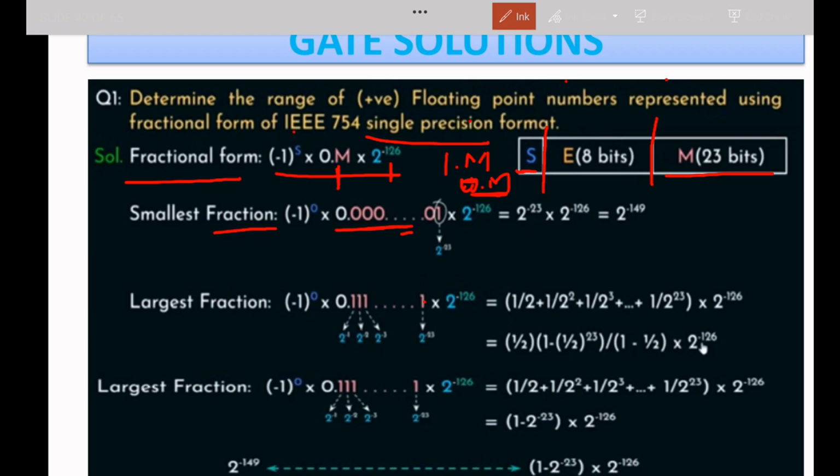Everything is 0. But we want the smallest. So at last, smallest. 0 is the smallest, okay. 0 is the smallest. But we want the smallest fraction. Okay. 0 is not a fraction number, you have to remember. 0 is not a fraction. We want the smallest fraction. What is the meaning of this? At last,